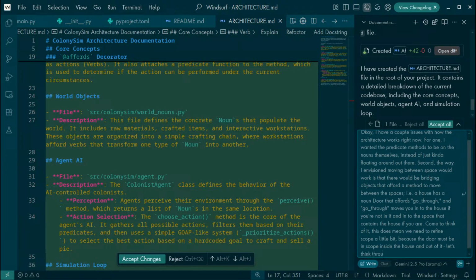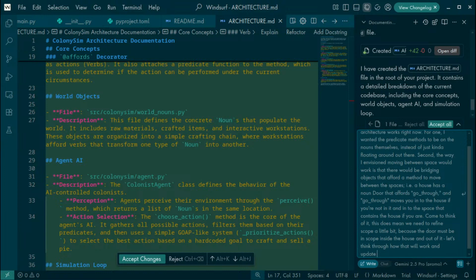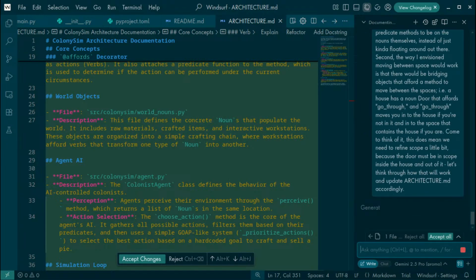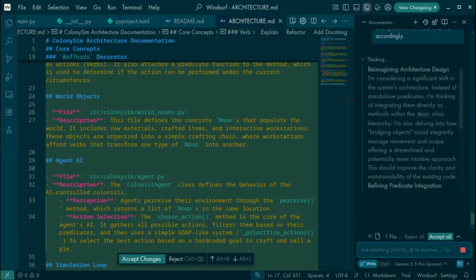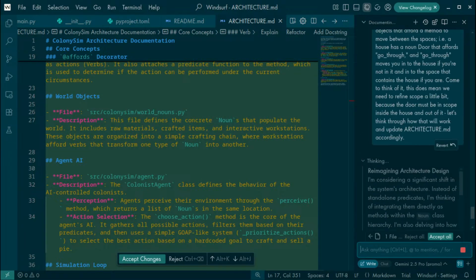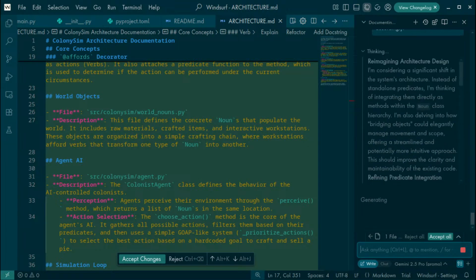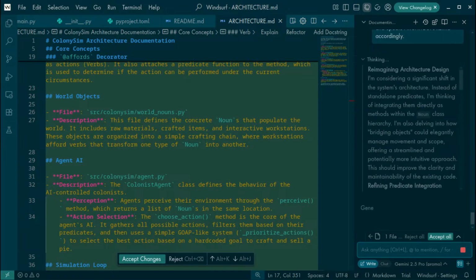Let's think through how that will work and update architecture.mmd accordingly. Okay, so let's nail down how scope works. And also, I guess maybe I shouldn't have asked it to do two things at the same time. It's okay. We're just experimenting.